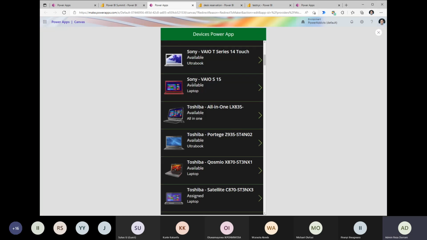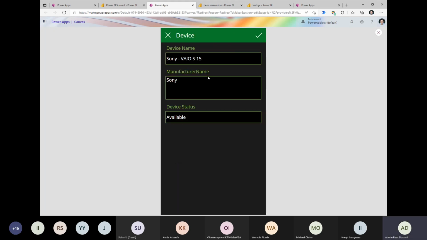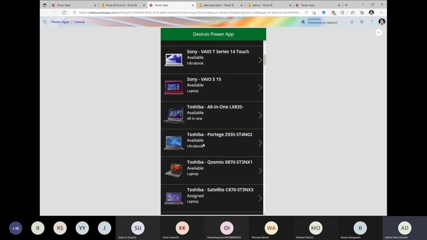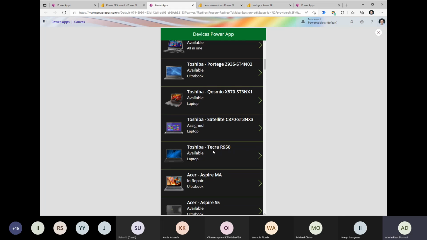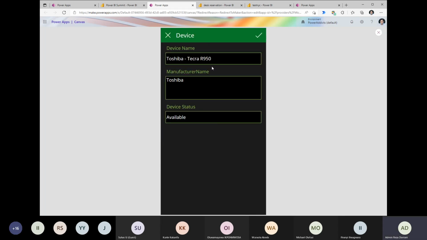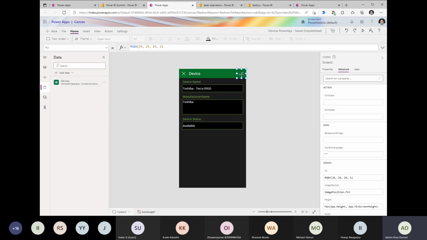I'll go back. I'll pick Sony VAIO S15. There you go, it shows me that record. Let's pick Toshiba Tecra. There you go, it gives me that record. So it's actually connecting to the main row in my table in my database. And now when the user hits submit, it will actually submit the changes to the data source, which is exactly